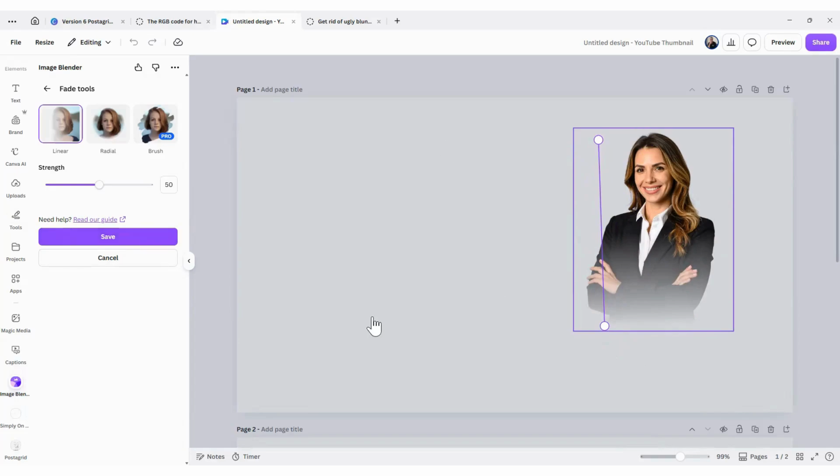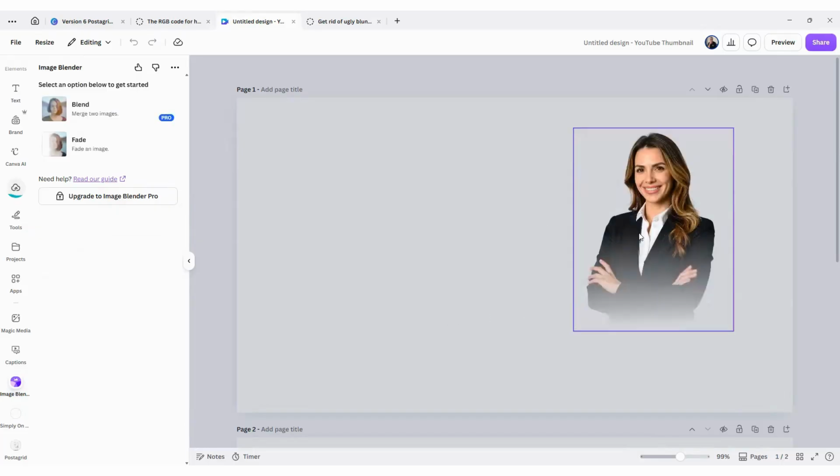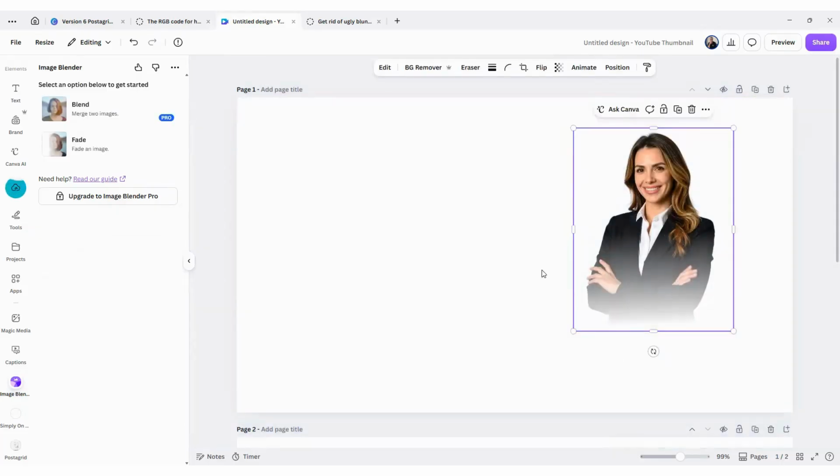If we click outside on the canvas itself, it is going to take this away, and we're going to have to literally start all over again with a new graphic, because I've yet to find that I can go back and click on the tool itself to get this effect. I'm going to click on Save, and it takes a bit, and there it saves.